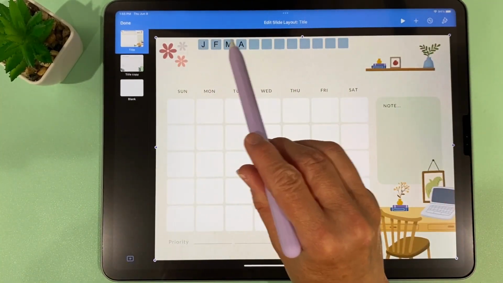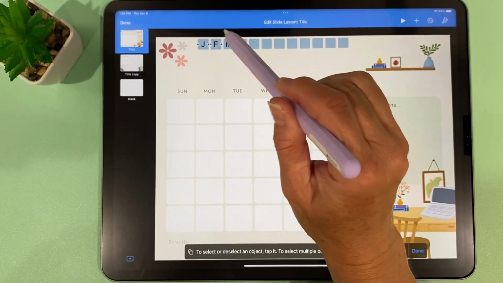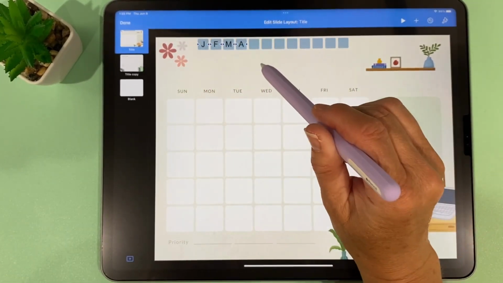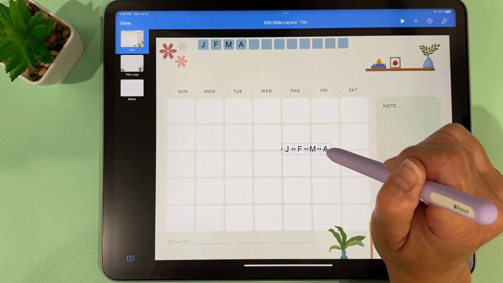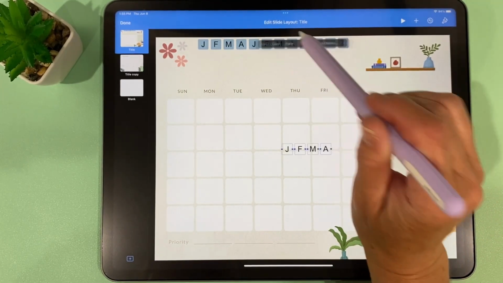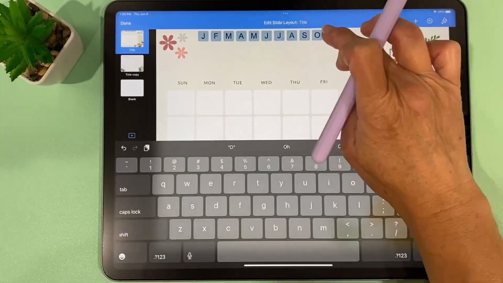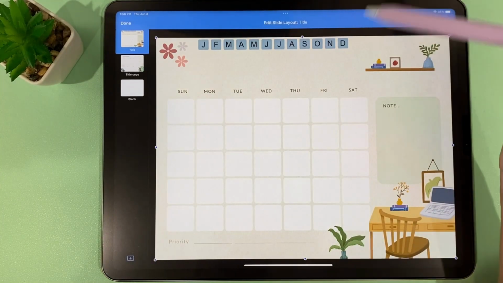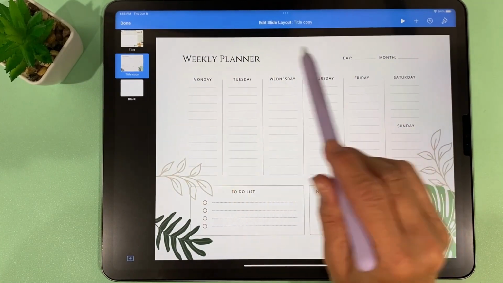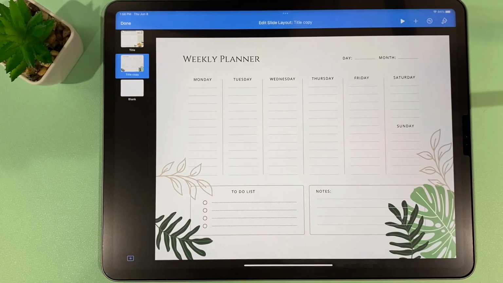So we have January, February, March, and April. I'm going to select 4 of these. Select objects, select the 4 I want. Done. Copy. Paste. And do that one more time. Okay. Now, on our weekly spread, we'll need a way to navigate when we're in this spread back to the monthly